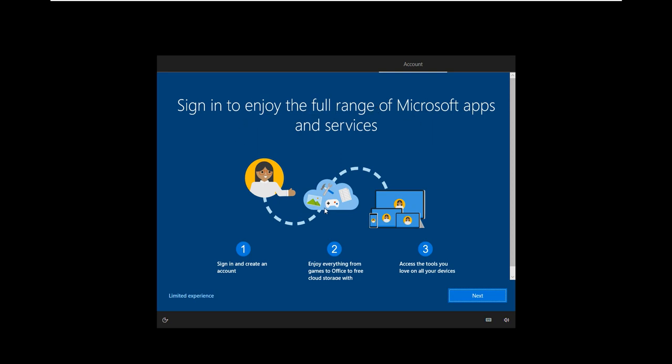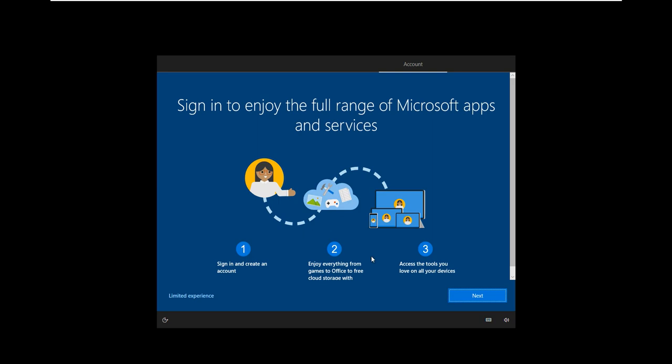That means all your services will be stored in the cloud, and whenever you log into any other device, desktops, tablets, laptops, mobile devices, you will see your same profile everywhere, because everything will be synced on the Microsoft cloud. So it is again saying please use the Microsoft account to log into this machine.